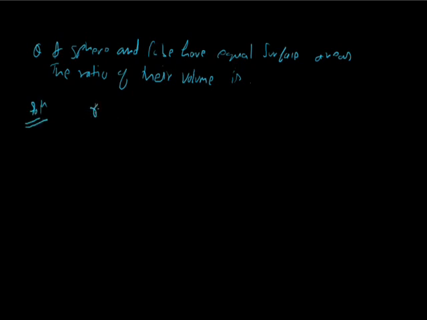स्फीयर का रेडियस हम r मान लेते हैं और क्यूब की जो साइड है वो हम अज्यूम कर लेते हैं a है. Side of a cube is a and the radius is r. So अगर रेडियस r है तो सरफेस एरिया हो जाएगा 4 pi r square and the surface area of a cube is 6a square. हमें दोनों का सरफेस एरिया इक्वल गिवन है, so 4 pi r square equals 6a square.